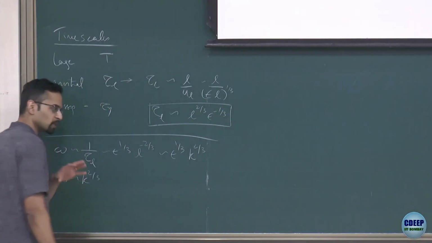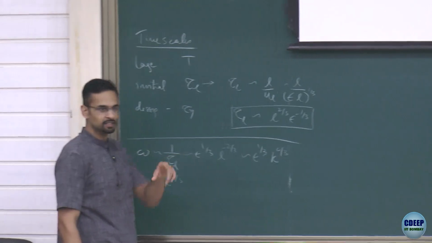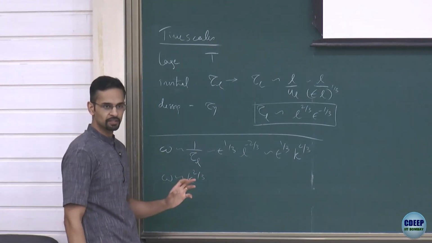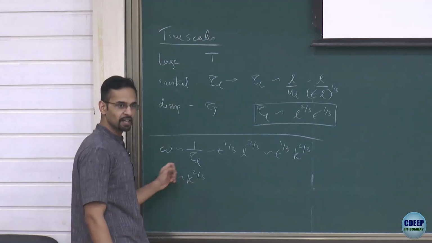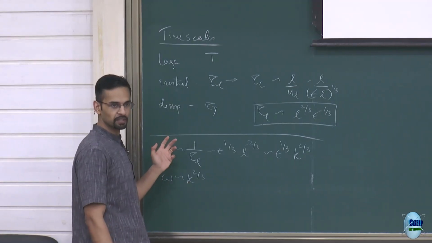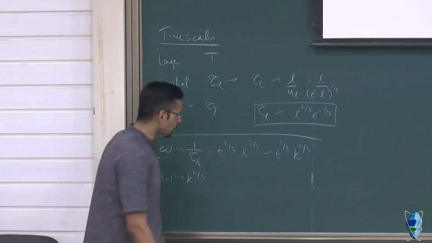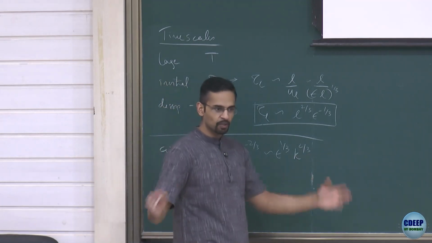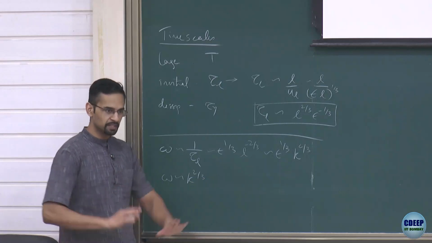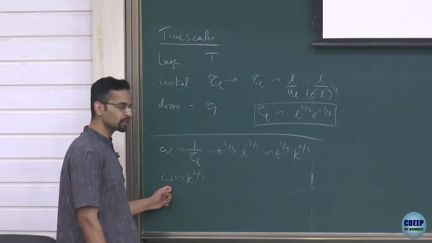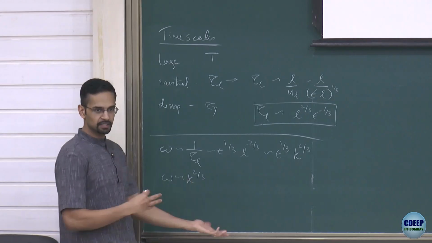And so if you compose a field out of eddies of different sizes, you will probe different frequencies. If I take k equal to 1, I'll get omega equal to 1. If I take k equal to 5, I get a much larger omega, 5 to the 2/3, and so on. So if I think of my field as composed of all these different eddies of different sizes, contributing different wave numbers in space, they will all contribute different frequencies in time. How do I get this relationship?